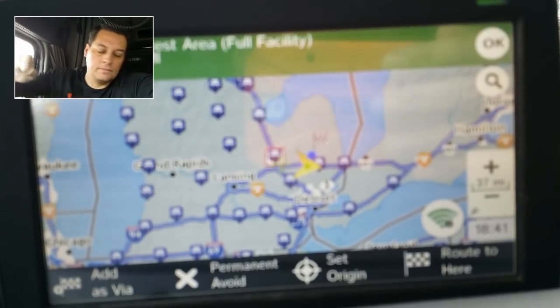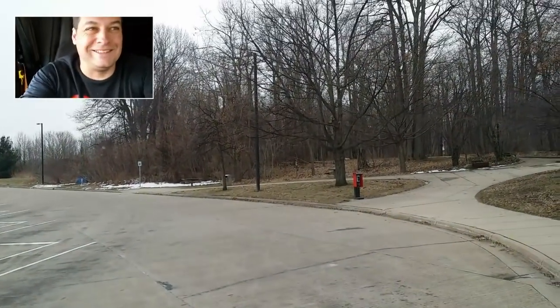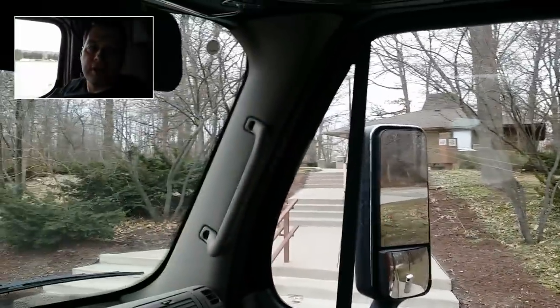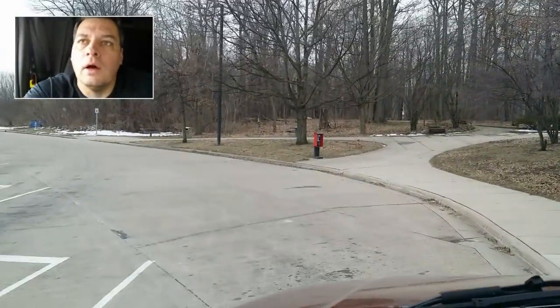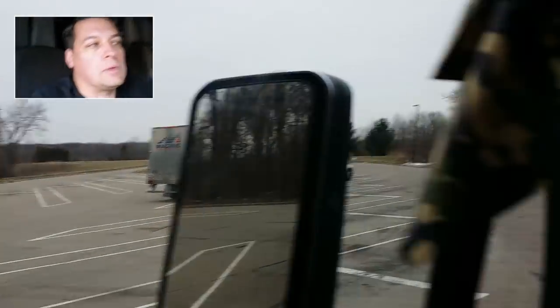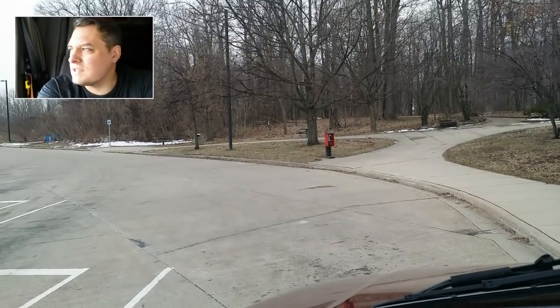Anyway, now that it's out of focus, I can switch. I'm parking like a dry-van driver, as close to the bathrooms as possible. But as a flatbedder, usually I park as far away as possible. But everything was open, so I just like, well, I'll park here. I'm sure this is not as...